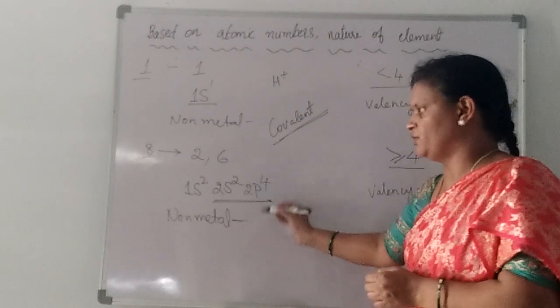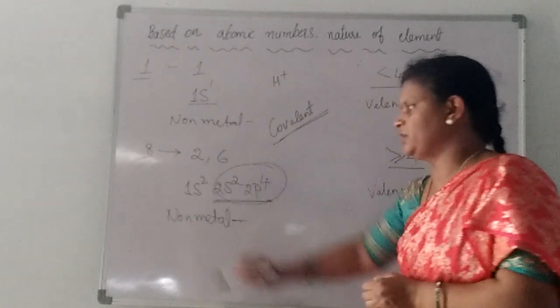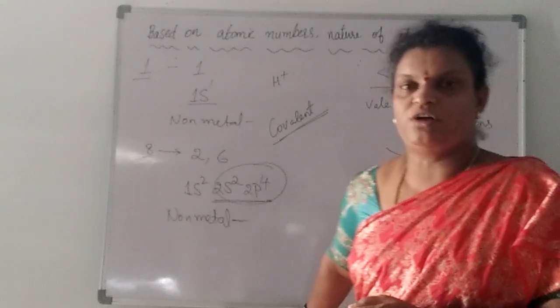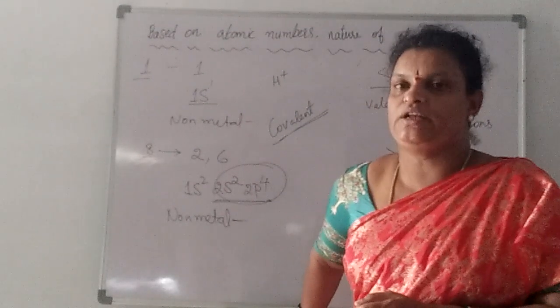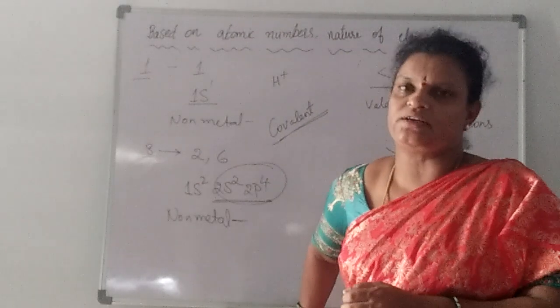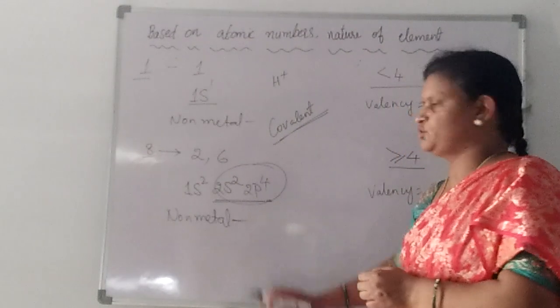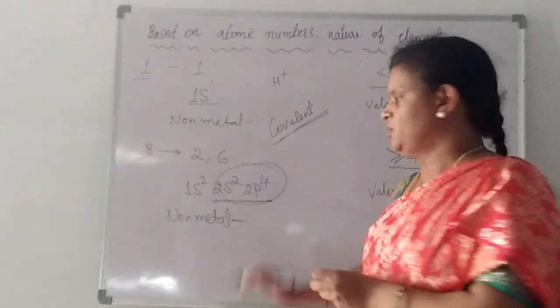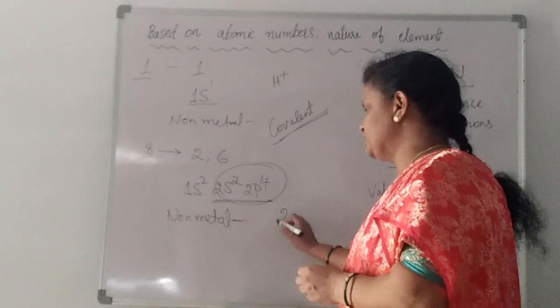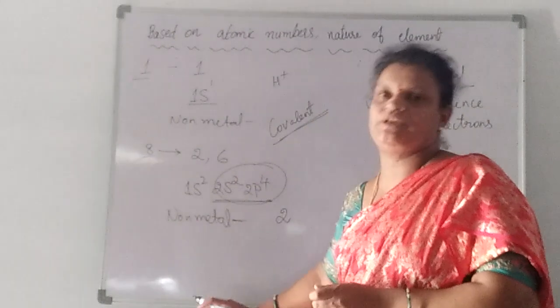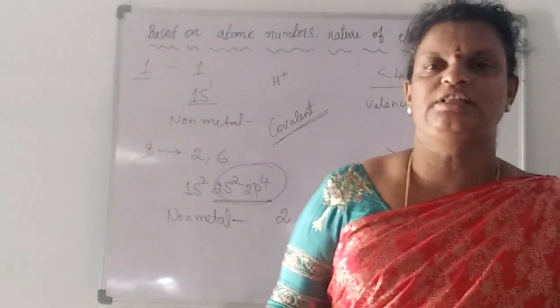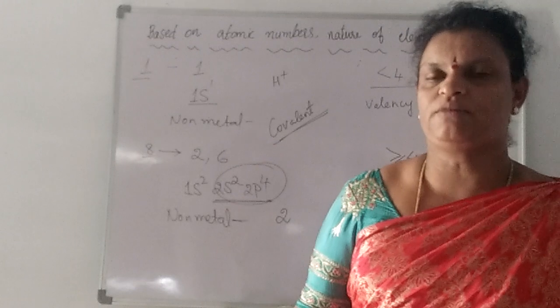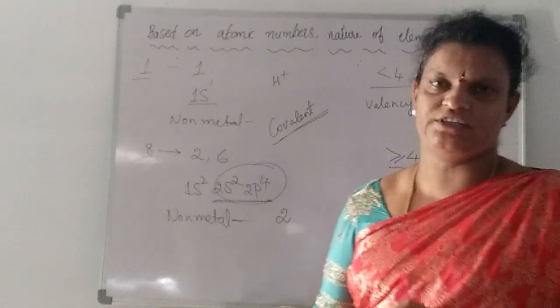Same like that, oxygen if you take, here you are having totally 6 electrons. Any element wants to get octet configuration by losing the electrons or by gaining the electrons. So it is going to gain 2 electrons here. It is an electronegative element, so -2. 2 is the valency of this element. -2 means oxidation number, 2 means nothing but valency.